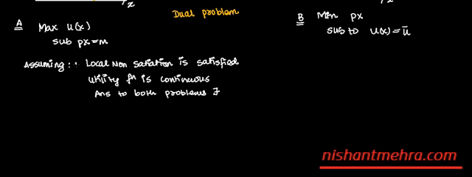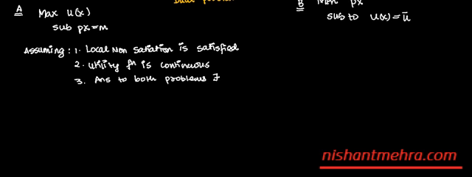So these are the three assumptions which we are making: that local non-satiation is satisfied, the utility function is continuous, and answers to both problems exist. Now let's prove the first part, that utility maximization